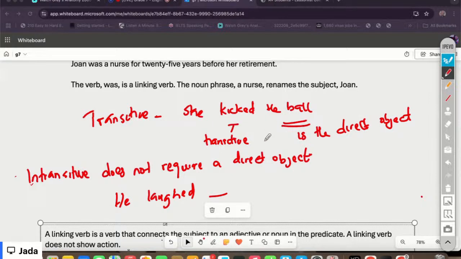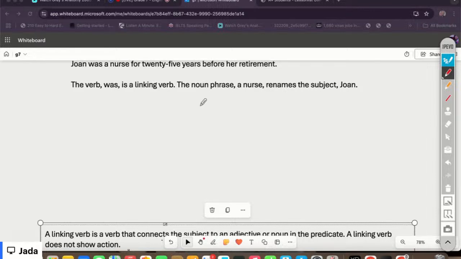You can also use this example. You can say "she kicked." Okay, what did she kick? What's going on? We have no idea, right? So we can have more examples for transitive, right? We can have "she reads